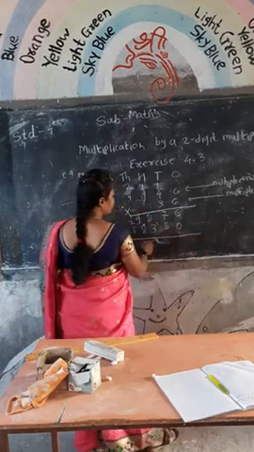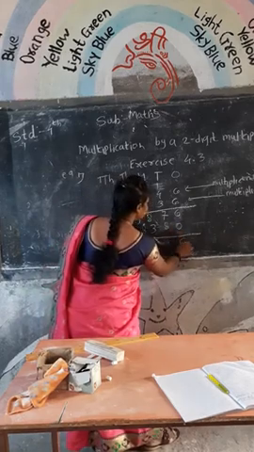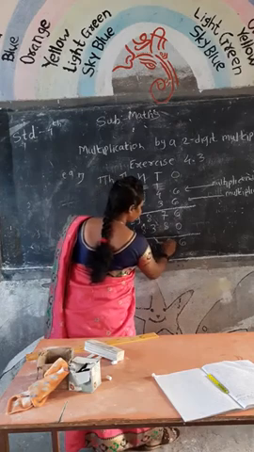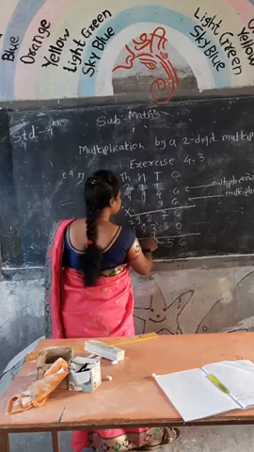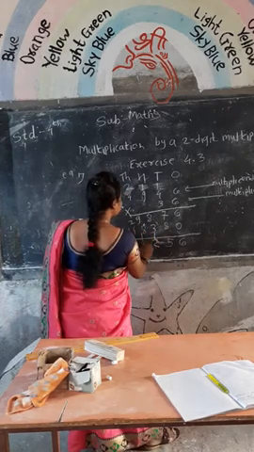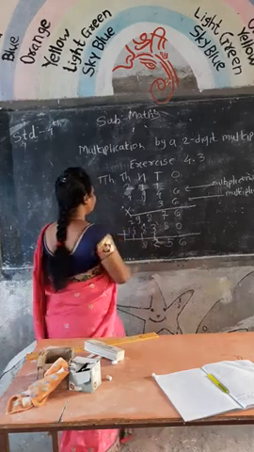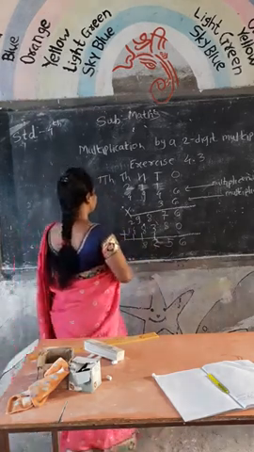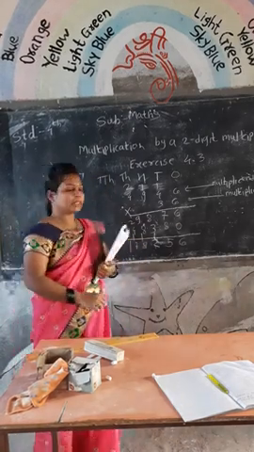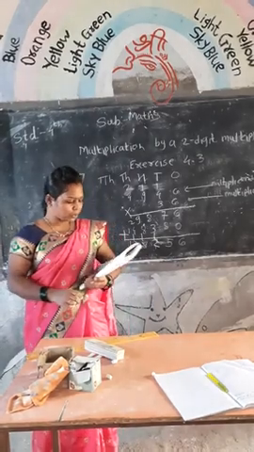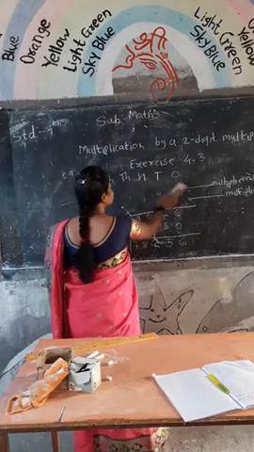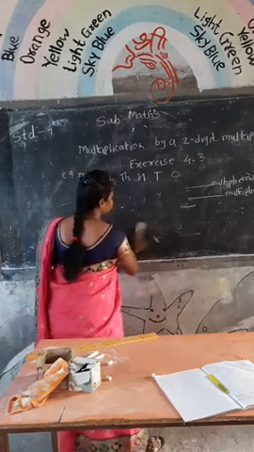Addition of these two products is 6 plus 0 is 6. 7 plus 8 plus 7 is 15. Carry 1. 8 plus 3 is 11 plus 1 is 12. Carry 1. 9 plus 1 is 10. 10 plus 8 is 18. Again carry 1. 2 plus 4 is 6, plus 1 is 7. So we get 178,256. Next we see the second example of exercise 4.3.